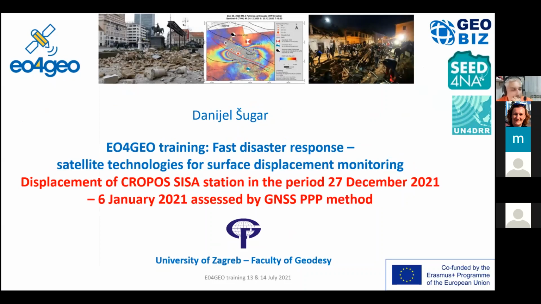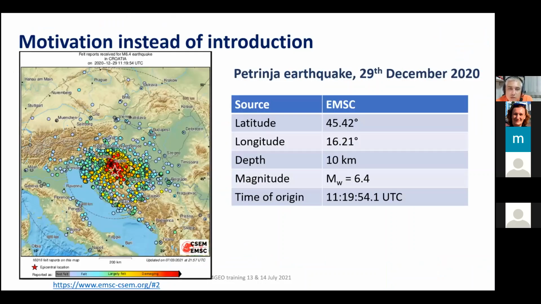So this is our second case study, and it's related to the displacement of the Kropos station SISA, which is the abbreviation for the CISAC station, in the period from 27th of December last year, 2020, to the 6th of January this year, assessed by the GNSS PPP method. So just to recall